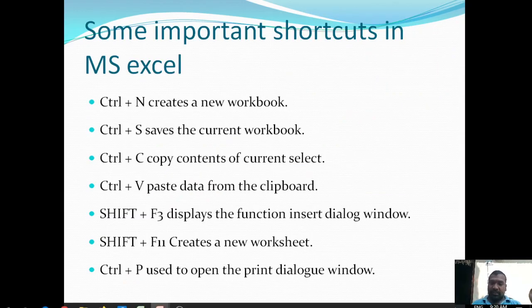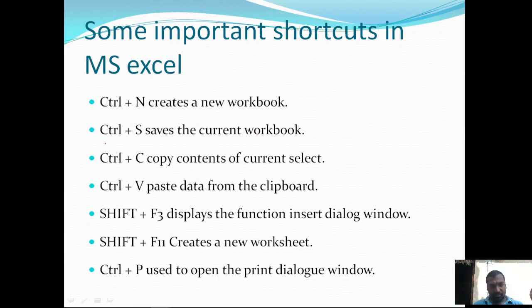So let us discuss a few important shortcuts that we are using in MS Excel. In most of the cases we are using these shortcuts instead of using the mouse and pressing the respective commands on the working environment window.